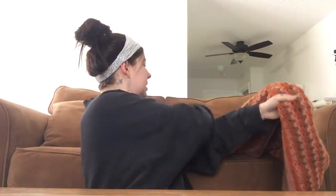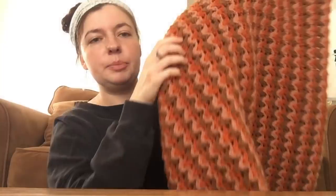There is one more piece and it is this beautiful Afghan blanket right behind me. Let me get it off the couch so that you guys can see it better. It is this beautiful 70s colorway. It's so retro, so pretty. Oh, I'm just obsessed with it. And usually Afghans do pretty well for me. And I think I sold the last one for